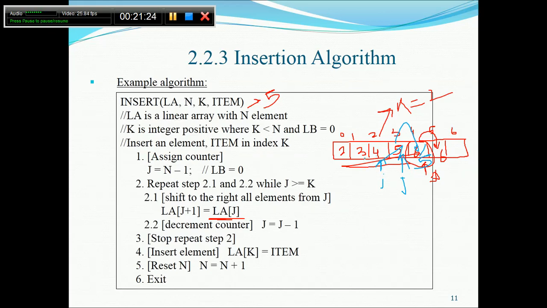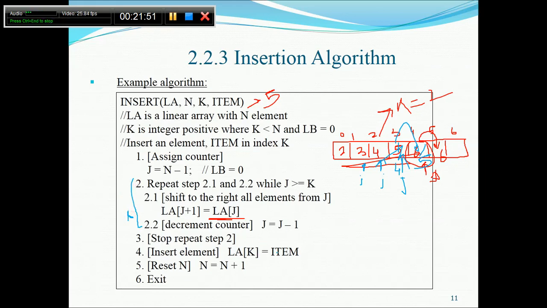Now in this case, equal to is allowed, so 2 is equal to 2. So 4 will be copied from here to here. After this, the space is already free, since it was a copy. The next time j will reduce to here, and 1 is not greater than or equal to 2. This means this particular loop will terminate.